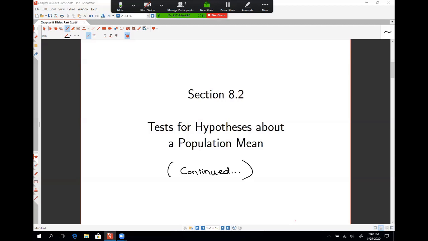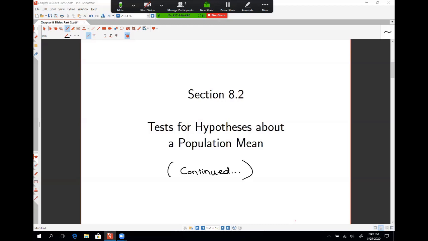Firstly, formulating a null and an alternative hypothesis. Secondly, calculating a test statistic. And then thirdly, evaluating a rejection region. And your conclusion ultimately is based on whether your test statistic is inside the rejection region or outside of the rejection region. The bottom line is, though, that many times in practice,